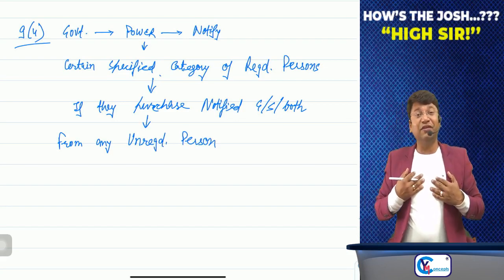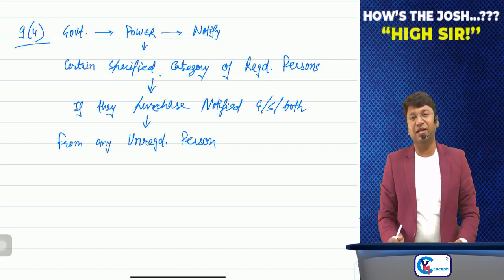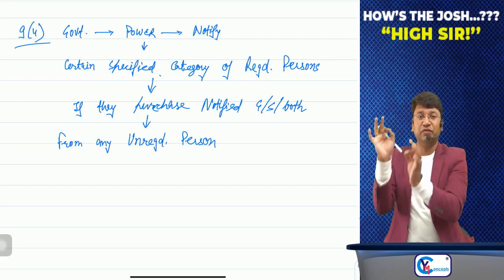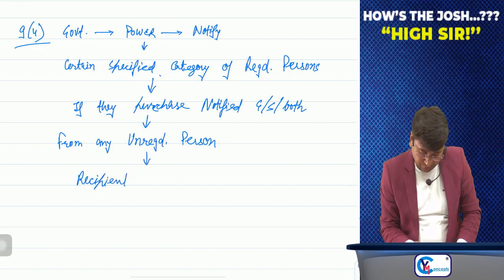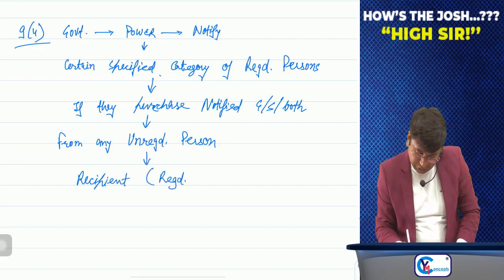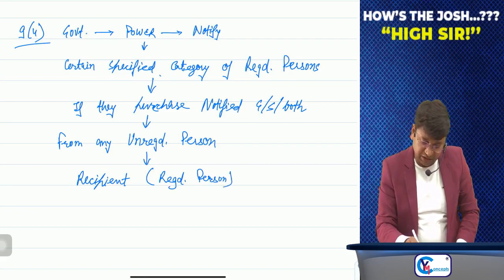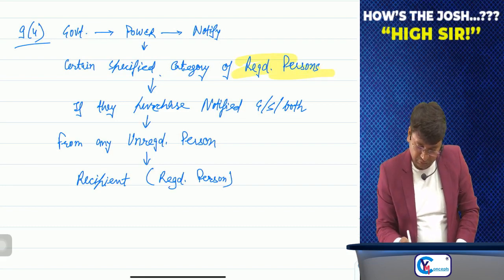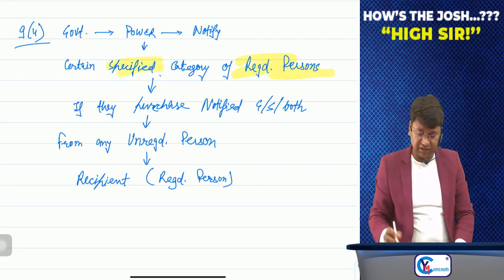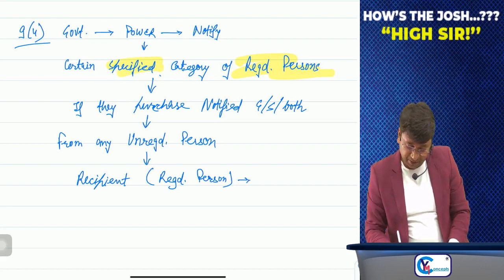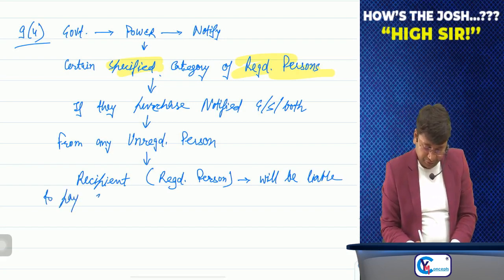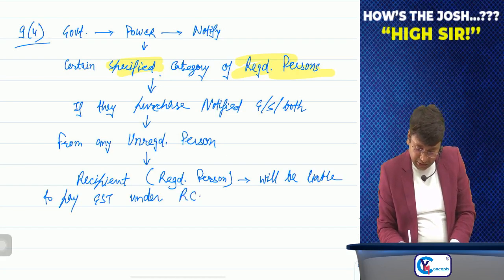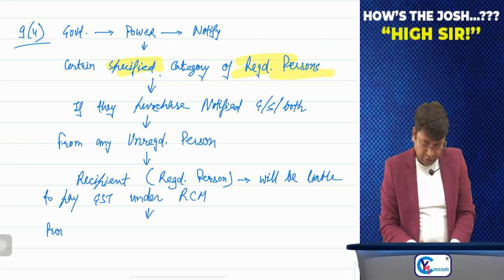Sir, recipient is notified category of registered person, and if that notified category of registered person is buying the notified category of goods or service or both from any unregistered person, then in such case recipient, who is the registered person, as I said, specified category of registered person, the recipient will be liable to pay GST to the government directly under reverse charge mechanism, and all the provisions of the act will apply on the